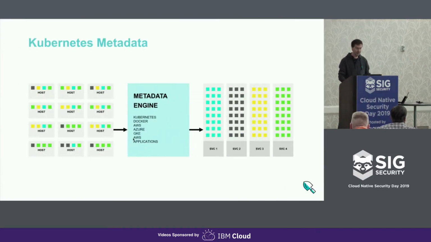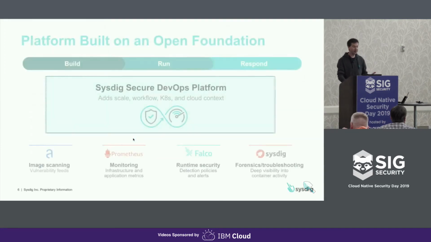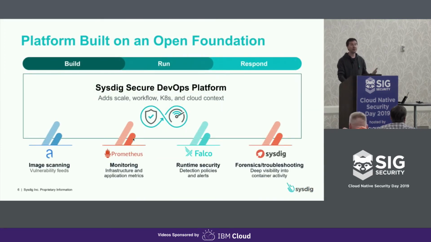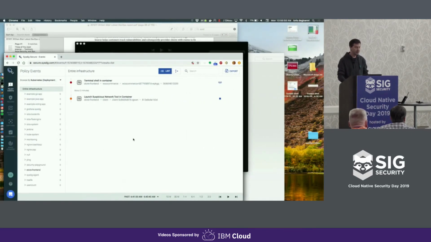Sysdig, as a company, offers a full platform built around Falco that allows you to manage this engine around your Kubernetes cluster, and do much more than just runtime protection. It puts together multiple tools like Prometheus, Falco, Sysdig, and Anchore in a complete workflow that can offer you a lot of functionality for container security. For example,